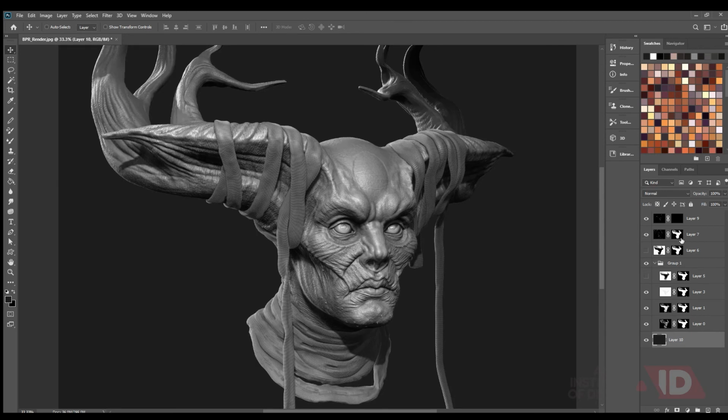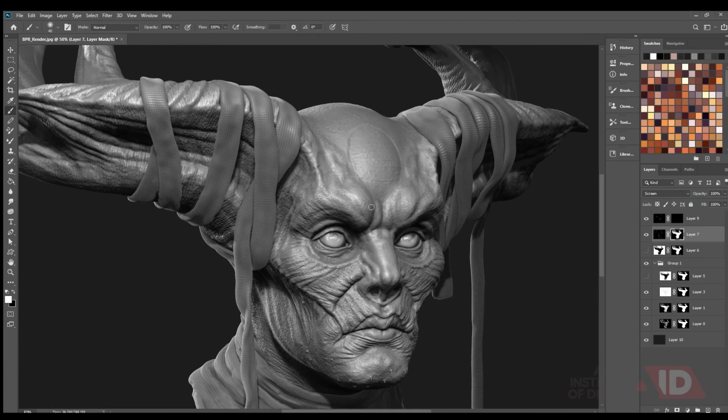And one more thing I can do is if I want, I can just simply use brush and X, hide all the highlights from the front part of the head.